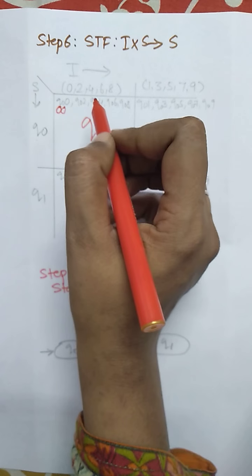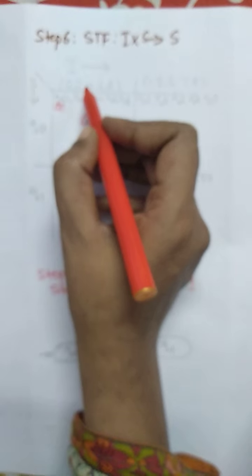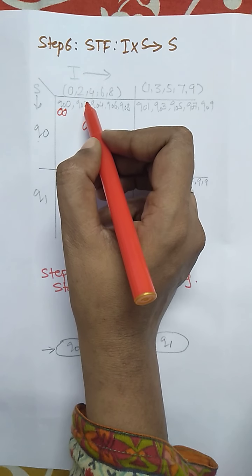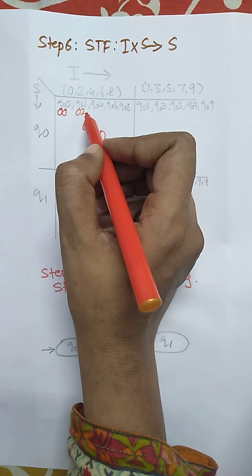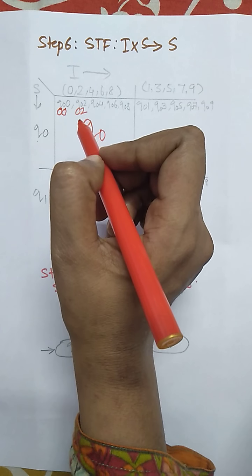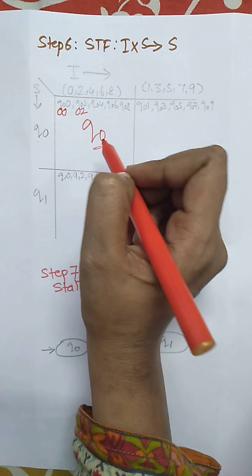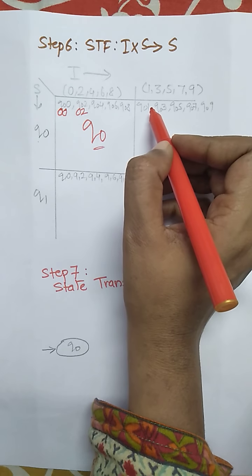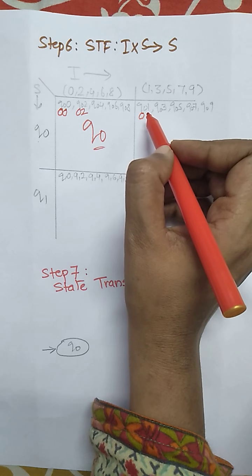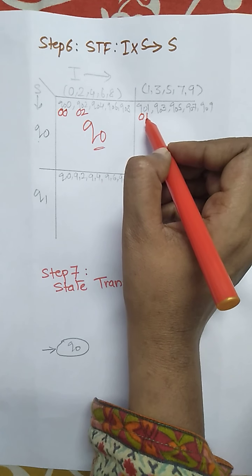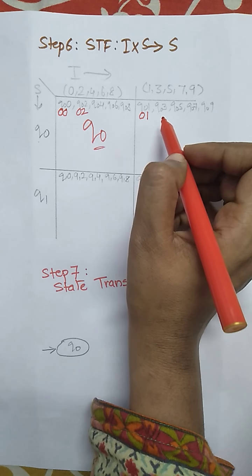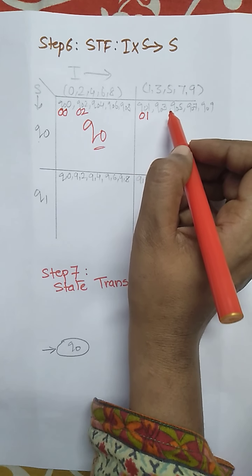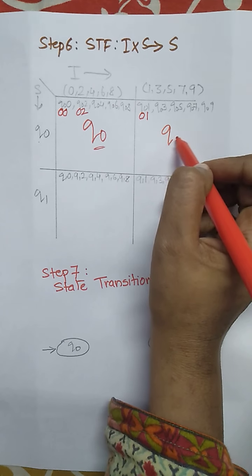Again, the same thing if we want to verify. Q0, the current state, and 2 as the next bit. What will be the resultant state? It will produce number 2. Number 2 is divisible by 2 with the remainder 0. Remainder 0 is indicated by Q0. Similarly, Q0 with 1 as the next bit will make number 1. Whether number 1 is divisible by 2, no, with the remainder 1. The remainder 1 situation is marked with the state Q1.